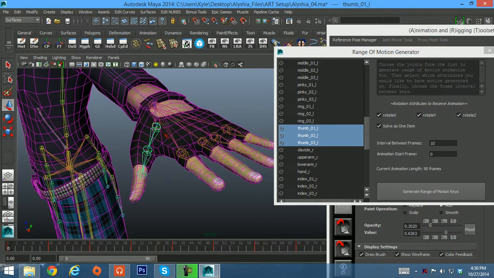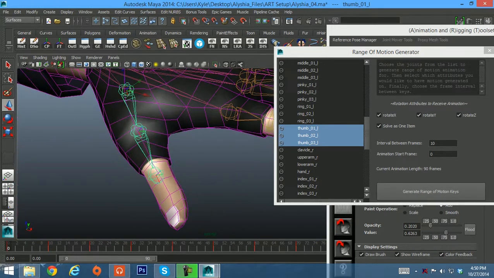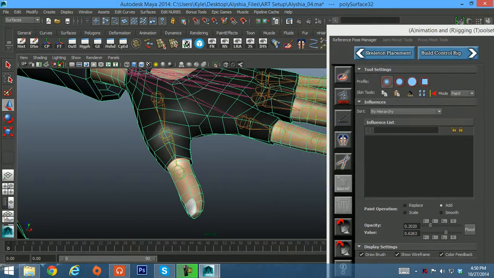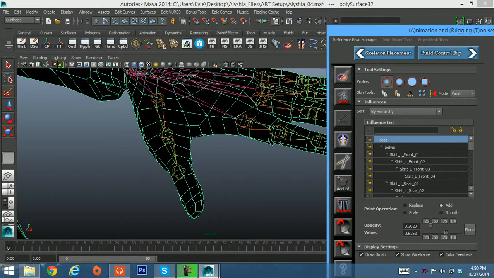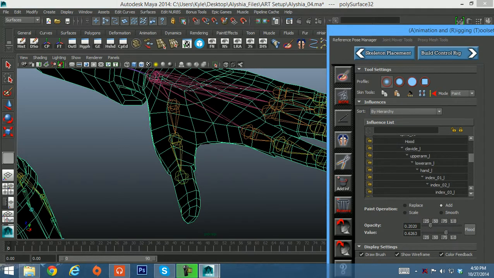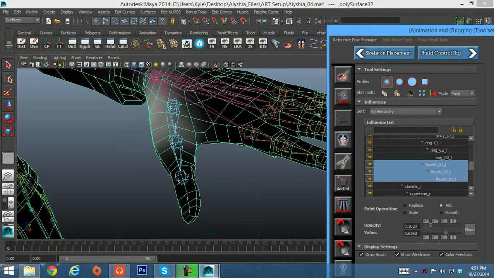Let me go ahead and select this bone of the thumb and push F to frame it. Since now I'm going to be focusing on skinning in this area, I'm going to go back to the mesh, select. Let me go ahead and close that window. Like the paint tools. What I want to do is bring up the thumb, or the ring, thumb. And what I want to do